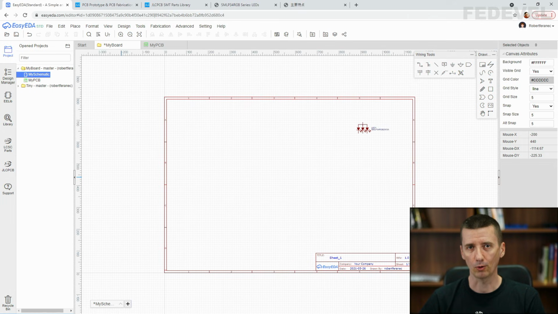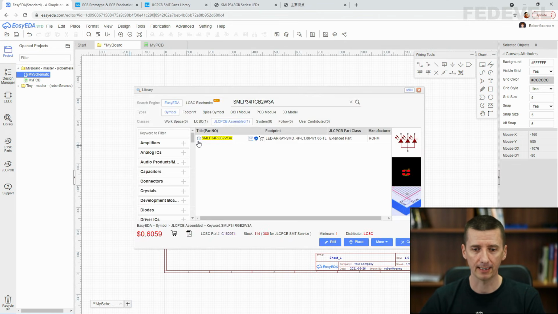Let's have a closer look at this LED. Let's talk about the things you may need to think about when you are choosing components for your project. First I'm going to click on this library, and here you can see the LED which we chose for our project.